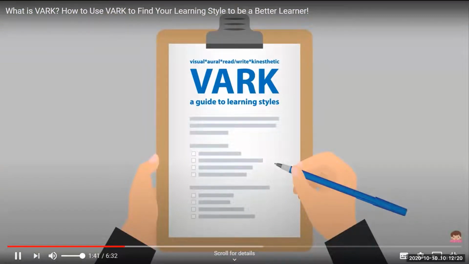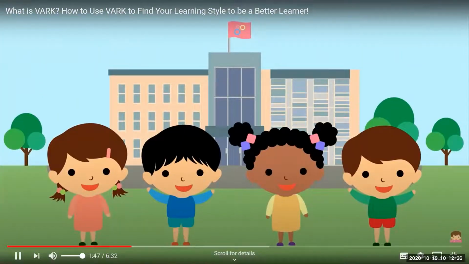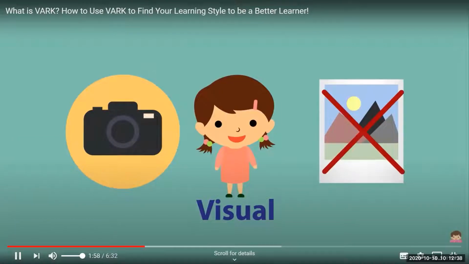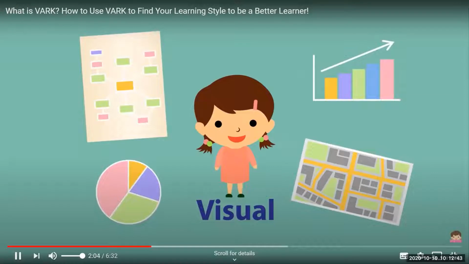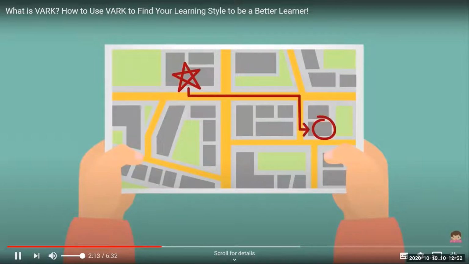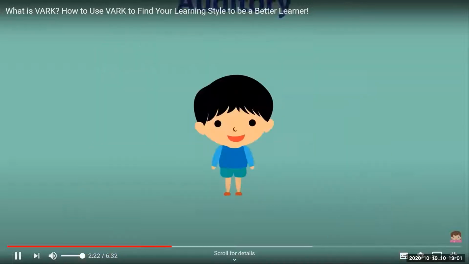To help us illustrate the differences between each learning style in the VARC model, let's create a simple scenario. Teach someone how to get to the post office to mail a letter. Here is our visual learner. Someone with this learning style performs best when given visual media to understand a concept. While this does not include still images or photographs, these may include maps, diagrams, graphs, charts, and through the use of symbols. For symbols, let's take a closer look at our map. Right now, it looks a little empty, but by adding symbols, shapes, and arrows, we can create reference points for our student to more clearly visualize where they are and where they need to go in order to get to the post office. Now let's meet our auditory learner.